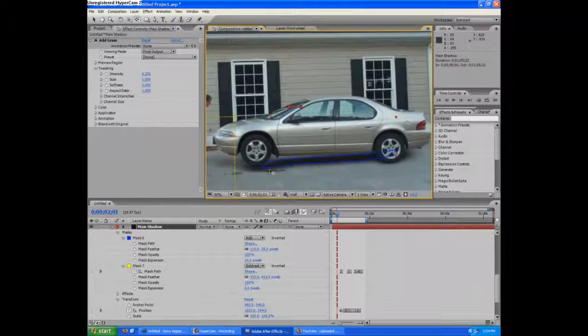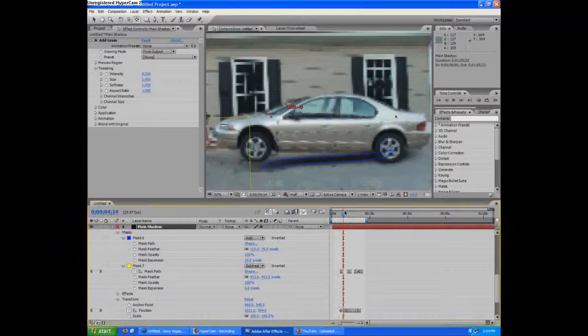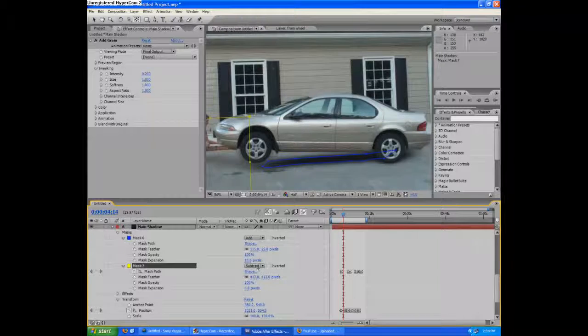And then feather it out until it matches, and then you're going to have to do the same thing but just on the wheels, and some more feathered on the ends because they're rounded, so they make a more feathered mask. And then when the car goes up, all you're going to have to do is make another mask that's just big and flat, and make it a subtract mask, and then keyframe it, and then feather that out, and it looks like the shadow is disappearing as the